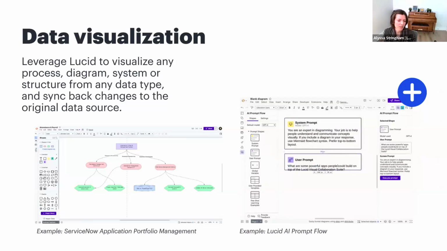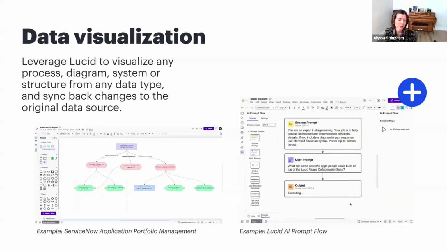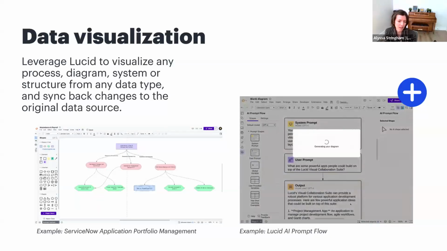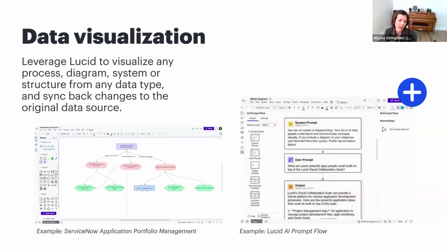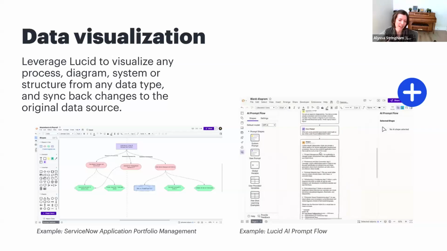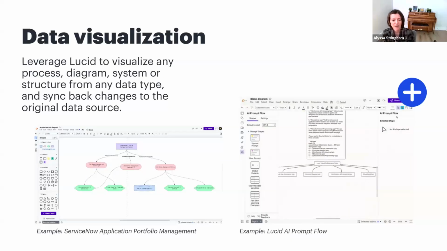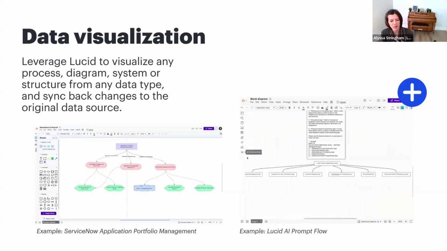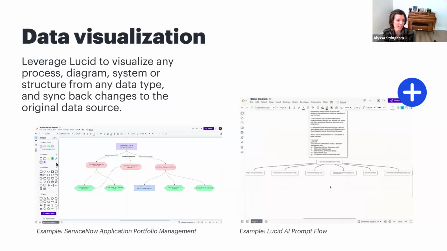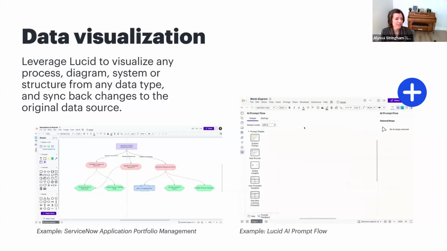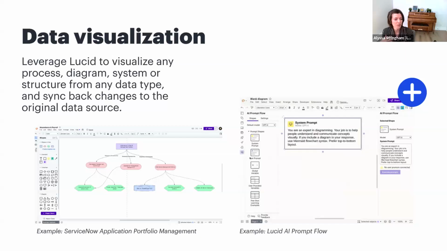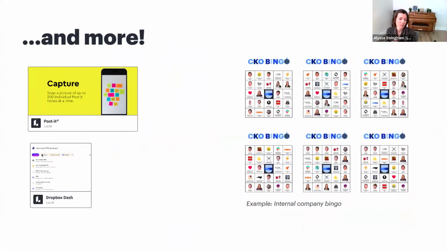As some other examples, ServiceNow built an automation to visualize your application portfolio automatically from the data that's in ServiceNow. Lucid also built an AI prompt flow extension that allows you to visualize, experiment with, and track large language model prompts and responses as a flowchart in Lucid. These are, again, just some examples of data visualization. We'll go deeper into a specific example today, but some ideas to get your minds